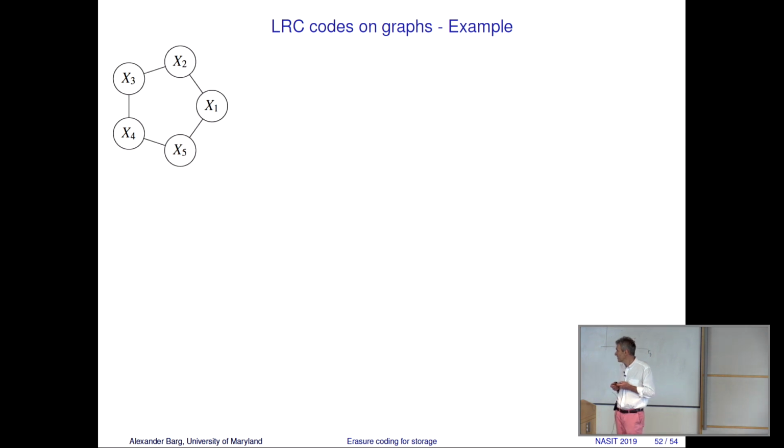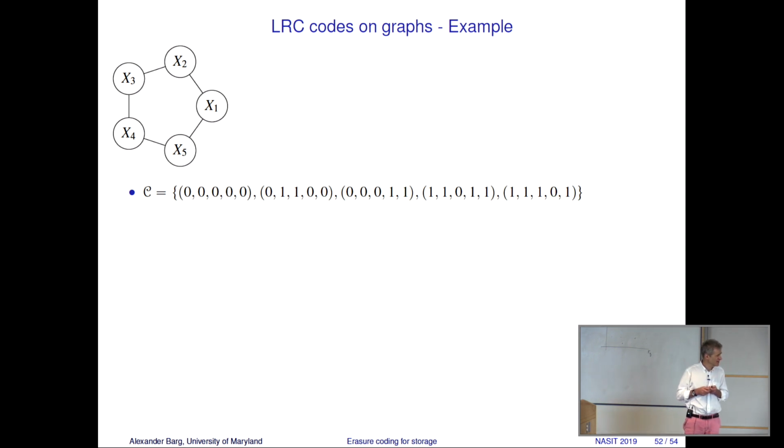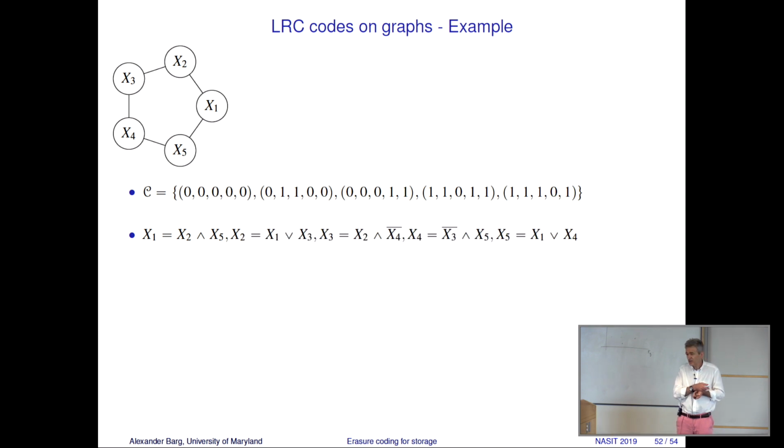Here is a difficult example: a pentagon. And this is a storage code for the pentagon. It's completely not obvious that it's a storage code, and the recovery functions take a while to design. For instance, in each of the codewords, x1 is x2 and x5. The functions are non-linear, maybe not obviously, but they should be non-linear to attain capacity. So this is the set of recovery functions, and therefore the capacity is at least log 5 base 2.